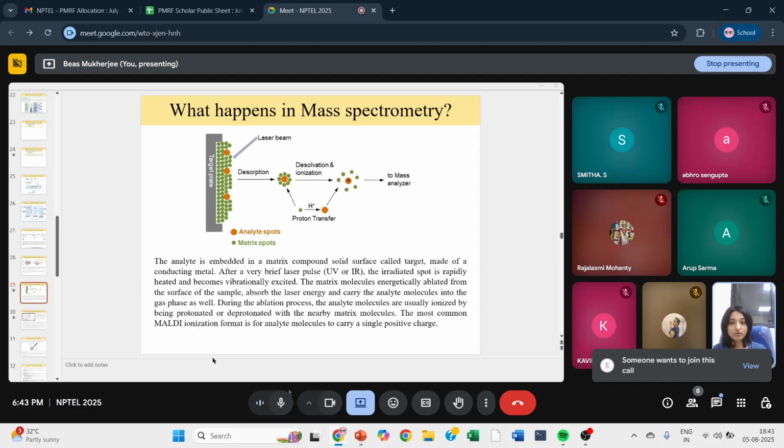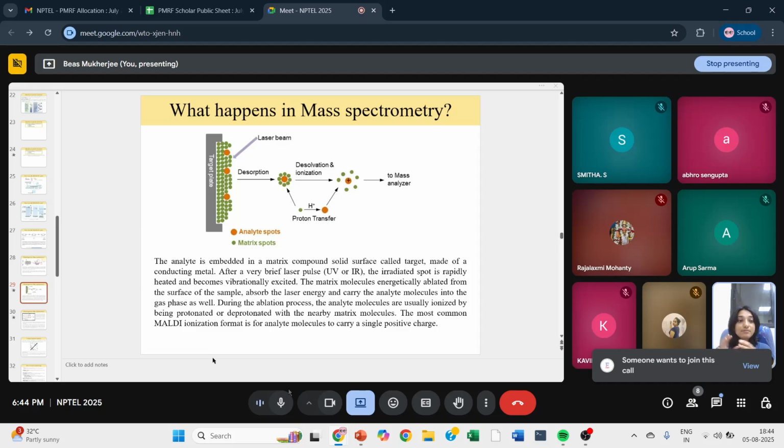During the ablation process, the analyte molecules are usually ionized by being protonated or deprotonated with the nearby matrix molecules. The most common MALDI ionization format is for analyte molecules to carry a single positive charge. So normally these analyte molecules will carry a single positive charge, and they will pass through this. Once they are vaporized and in the gaseous phase, they will pass through the time of flight detector, and this detector is actually having these